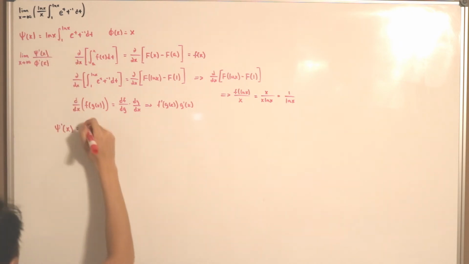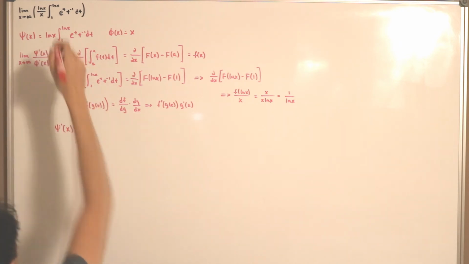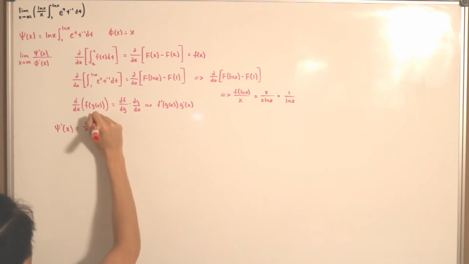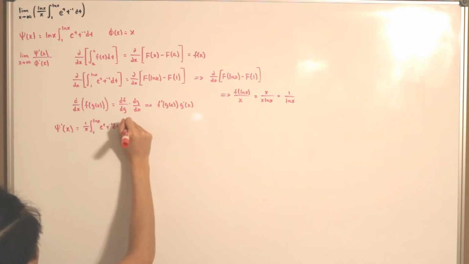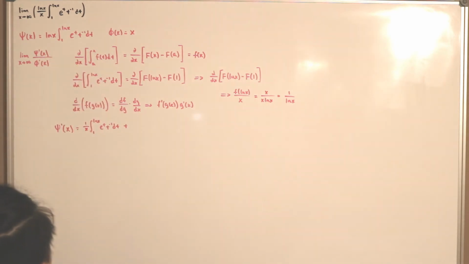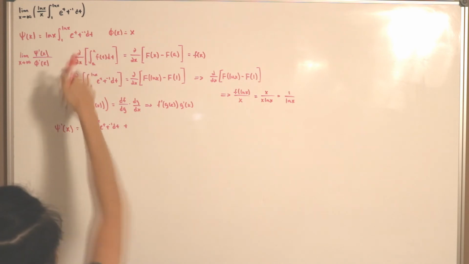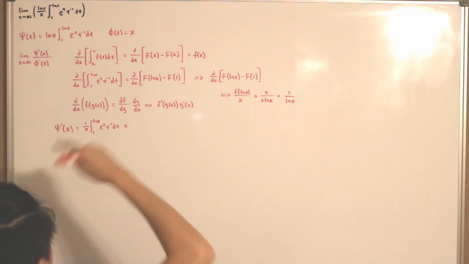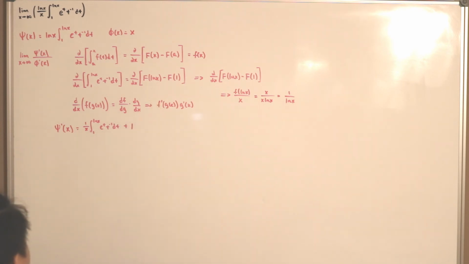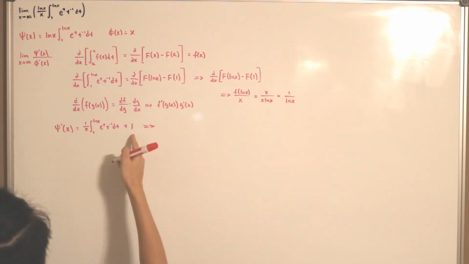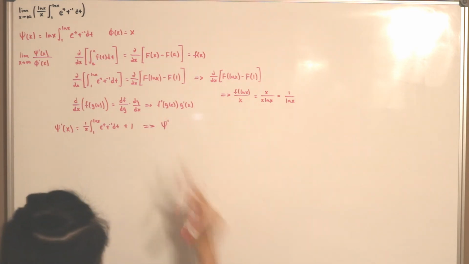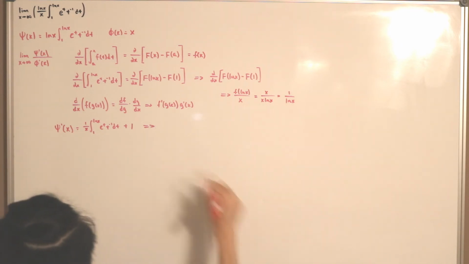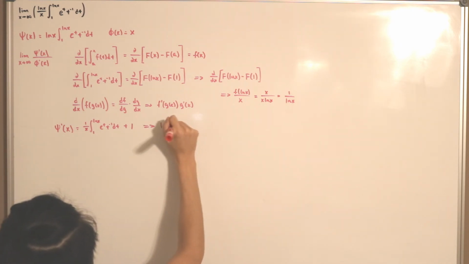The derivative of ln of x is just 1 over x, multiplied by the integral from 1 to ln of x, e to the t times t to the -1 dt. And then plus ln of x, multiplied by the derivative of this integral, which we said was 1 over ln of x. So ln of x divided by ln of x is equal to 1. Let me move the constant 1 to the other side. It will be simply 1 plus 1 over x